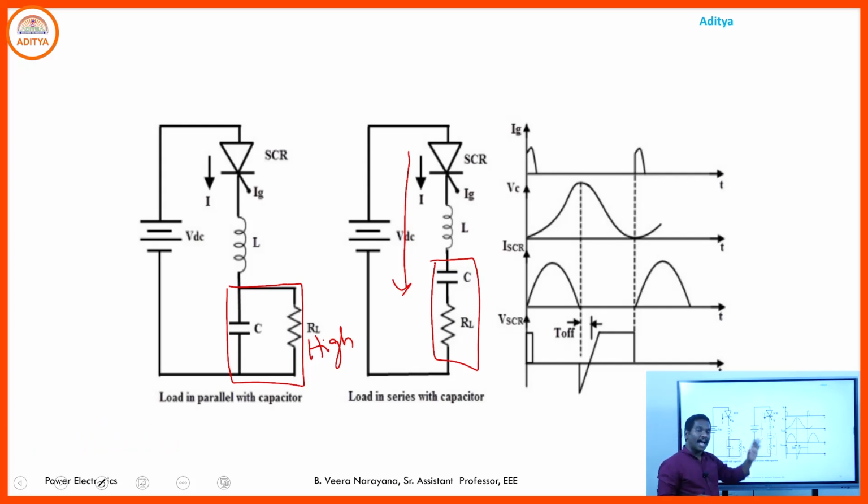And if you go for a high value of the load resistance, that load resistance must be kept across the capacitor, and the combination of the inductor and the capacitor are connected in series to the source. That is the circuit configuration of class A commutation. Coming to the operation,